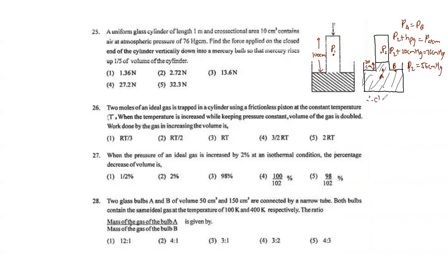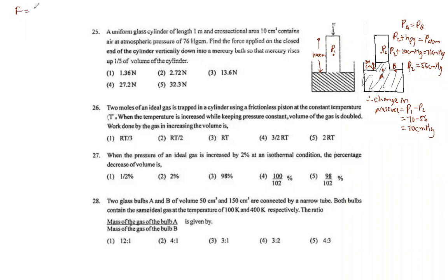So change in pressure is going to be equal to initial pressure P1 minus the final pressure P2. P1 is 76, P2 is 56. So you are getting 20 centimeter mercury, is it? So change in pressure is equal to